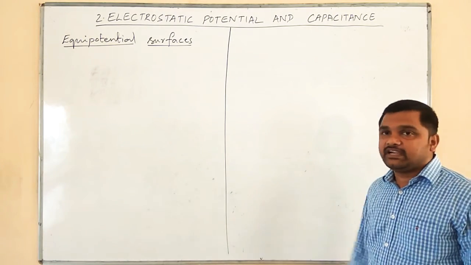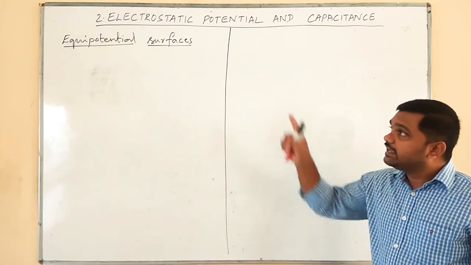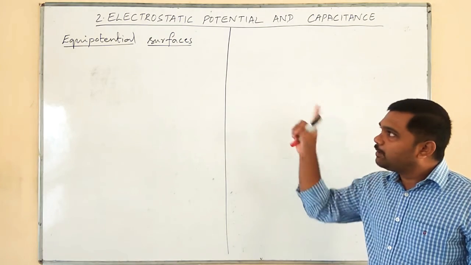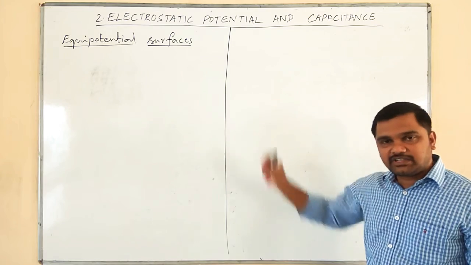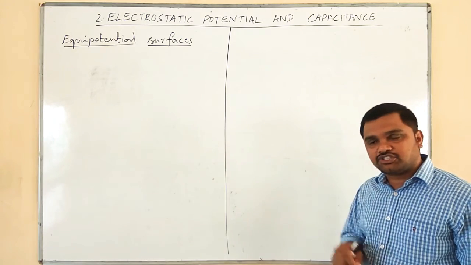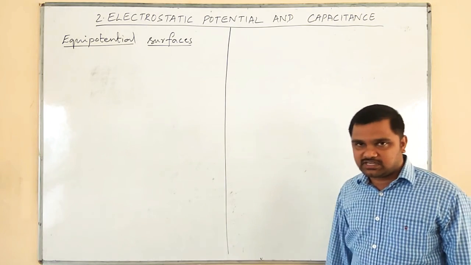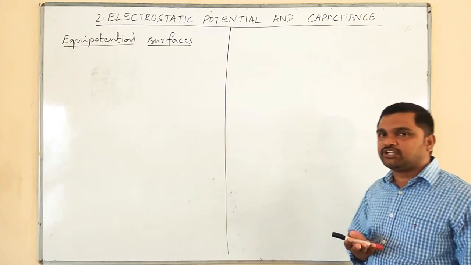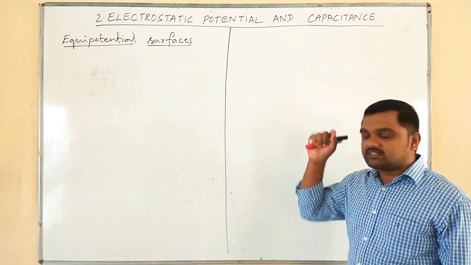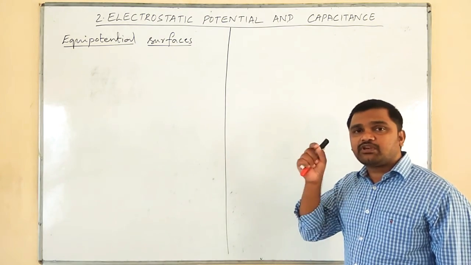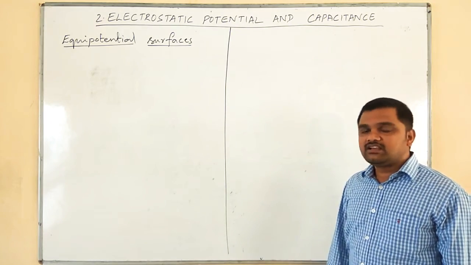As the name itself indicates, equipotential surfaces consists of three separate words. Equi means equal, potential means potential, surfaces means surfaces. It means the surfaces having the same electric potential at all the points on them are called equipotential surfaces. You can get it for 1 mark in your examination. So what are equipotential surfaces? The surfaces on which each and every point has the same electric potential are said to be equipotential surfaces.